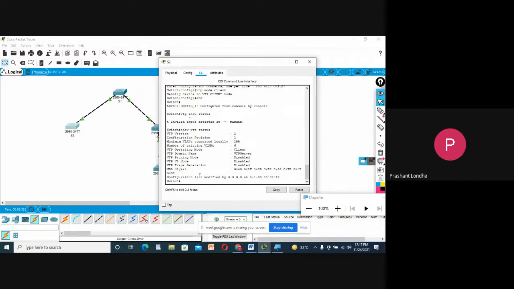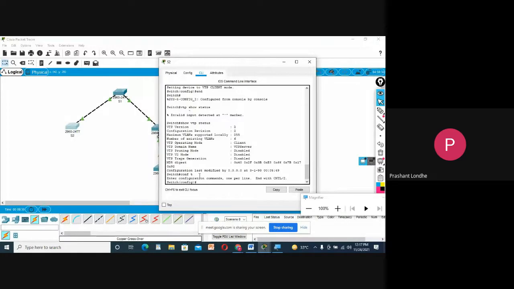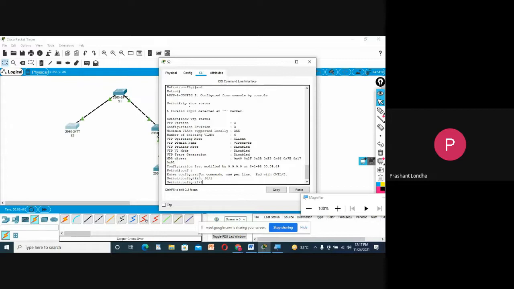Now I can also change the domain name. So simply I will go into the configuration mode again. Then I will type interface F0/1, and then VTP domain VTP client.